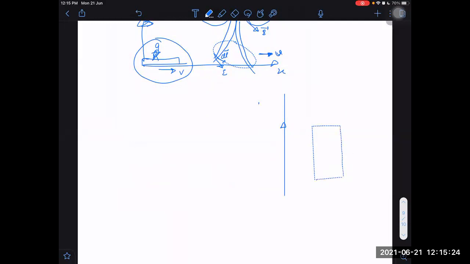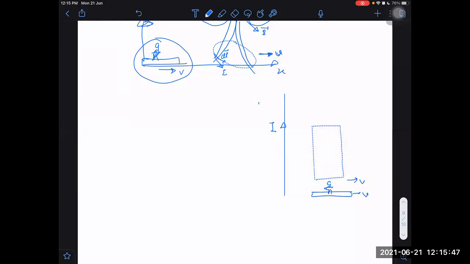This rectangular loop is moving, and this is a current carrying wire which is carrying current I. It is moving with velocity v, because this loop is seen by an observer and the observer is also moving with velocity v. Then with respect to this person, the loop is stationary. If he applies E dot dl in the closed loop, then the value of that will come out to be the rate of change of magnetic flux.